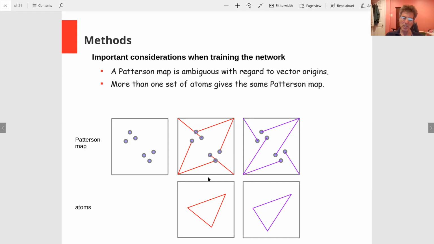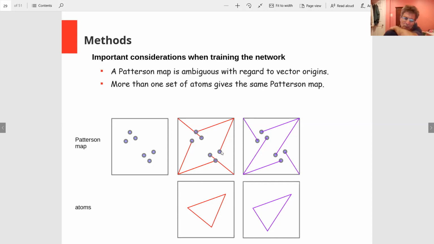And the reason is that the vector origins for the peaks in the Patterson map are different for the 2 maps. So you can see, like, you see this vector between these 2 points? That's this vector here. Well, that's the same in both of them. But let's say this vector here,